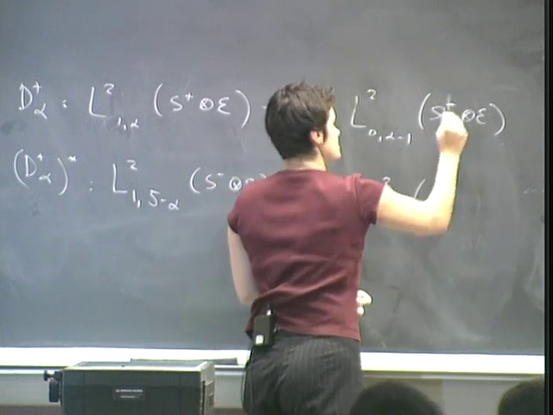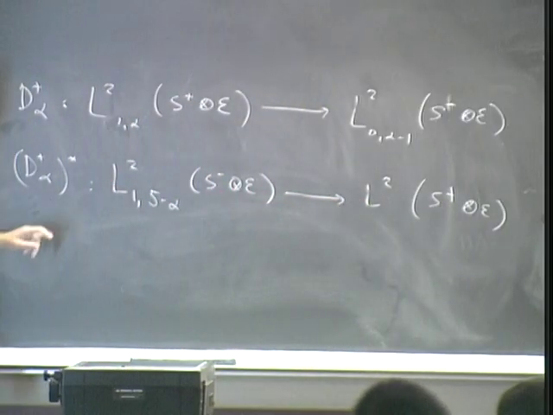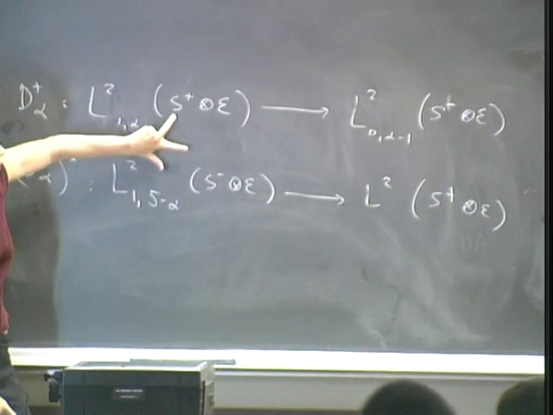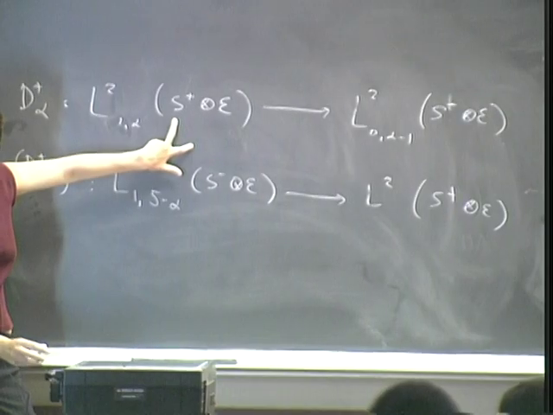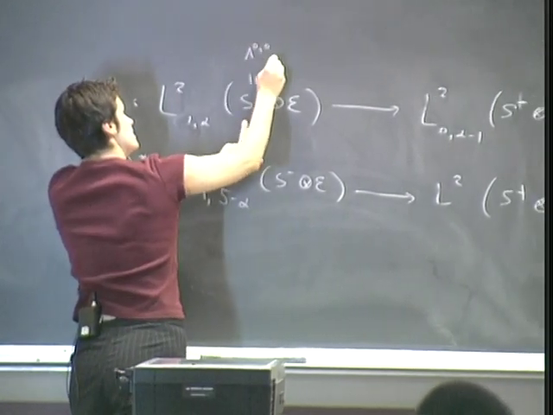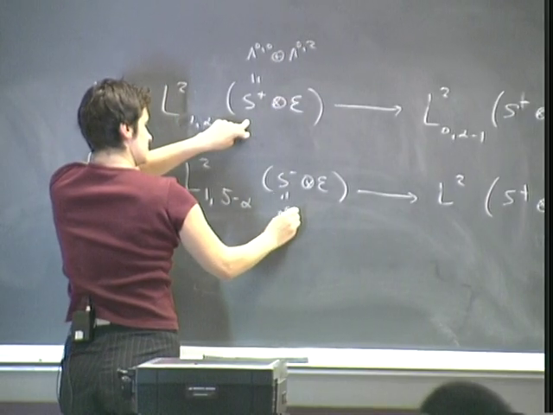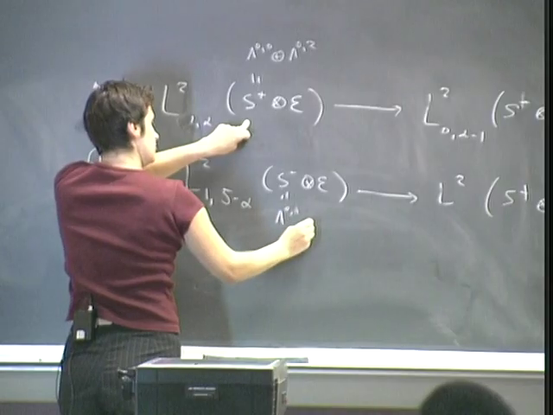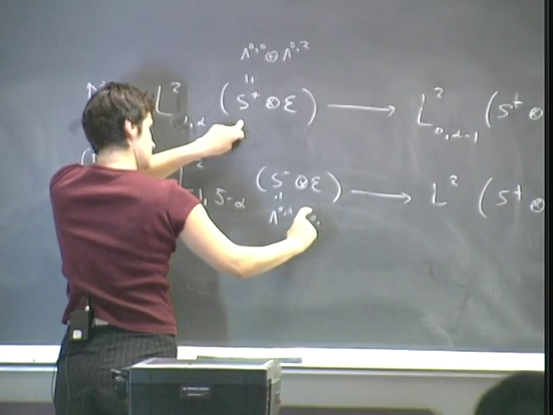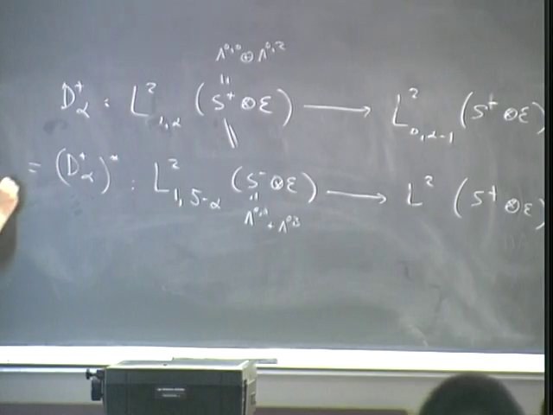This is S minus, this is S plus, sorry. But now, since you are on a threefold which is Calabi-Yau, S plus is lambda 0,0 plus lambda 0,2. And S minus is lambda 0,1 plus lambda 0,3. So they are equal. And this guy is nothing else